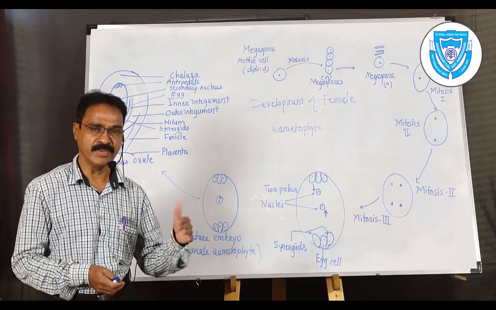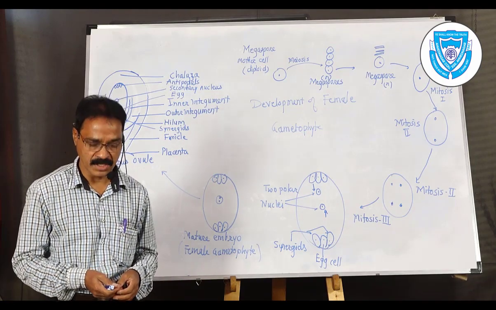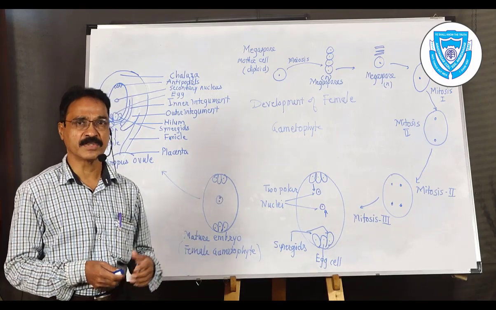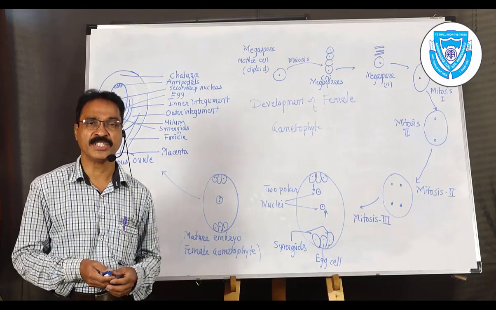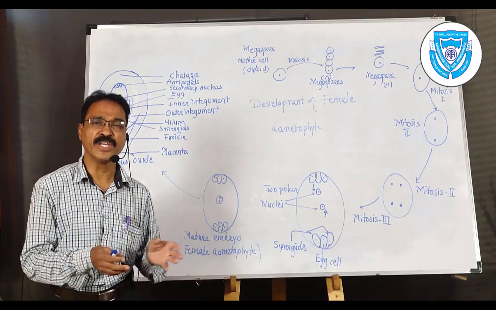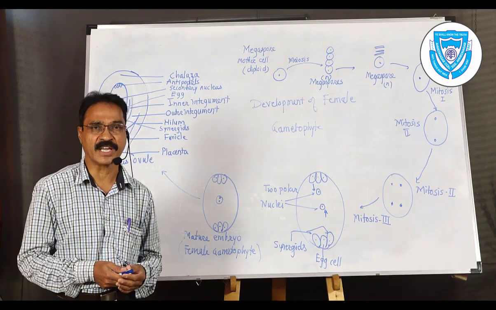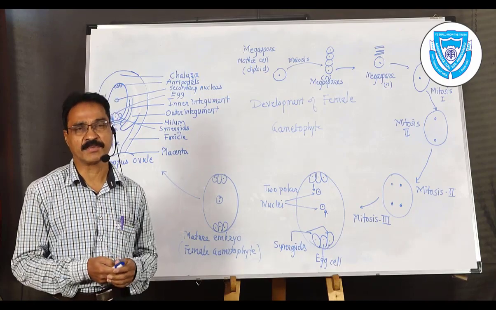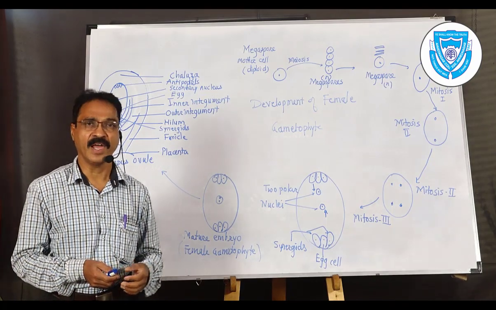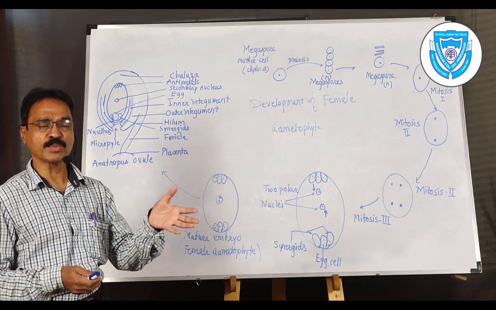I will briefly go over the same structure of the anther TS again. The covering layers are known as the epidermis, endothecium, middle layer and the tapetum. All these are the layers surrounding the specialized chamber or sac, which is known as the pollen sac. In the pollen sac, sporogenous cells are present. These sporogenous cells get nourishment from the tapetum, and during maturity they are converted into microspore mother cells.